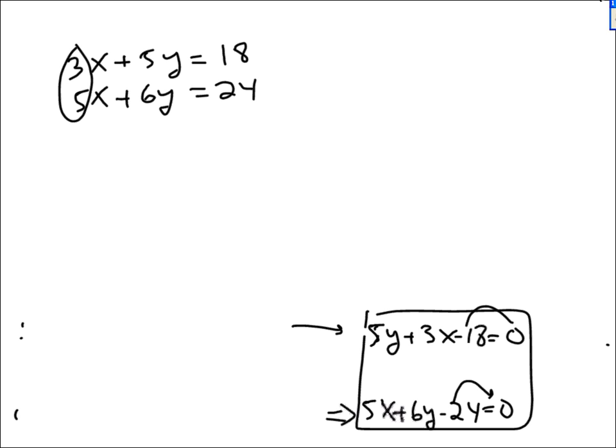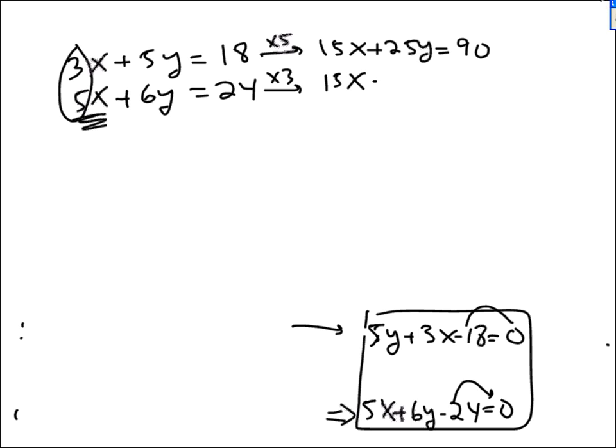The common multiple is 15. So I'm going to multiply the first line by 5, and I'll get 15x plus 25y equals 90. I'll multiply the second equation by 3, because that gives me 15x